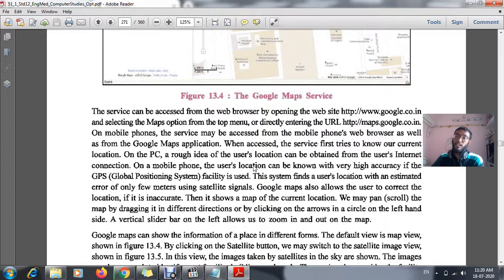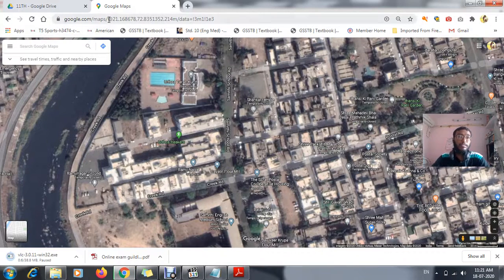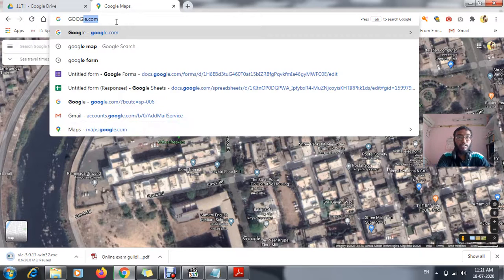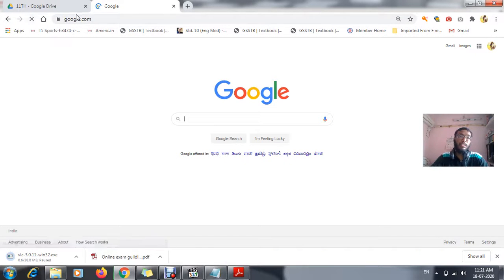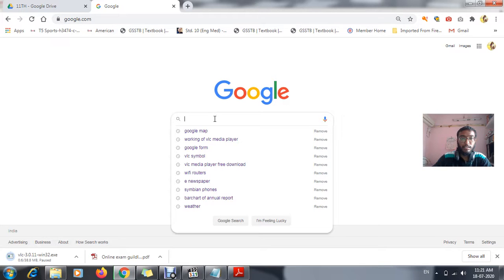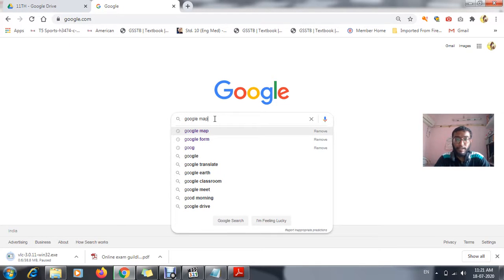Okay, and this is the website or the URL to access Google Map. Instead of this, we can use http://maps.google.co.in. Either you can use this one, or you can use what I have done. In the URL area I have written google.com, and from there in Google I just write Google Map.